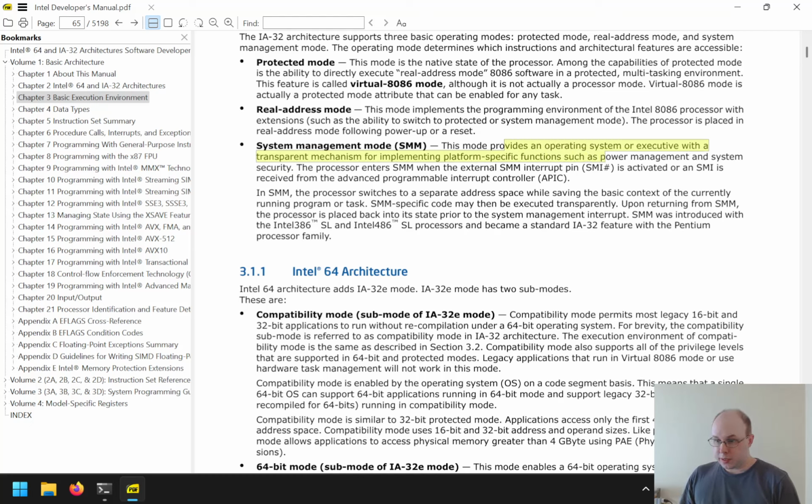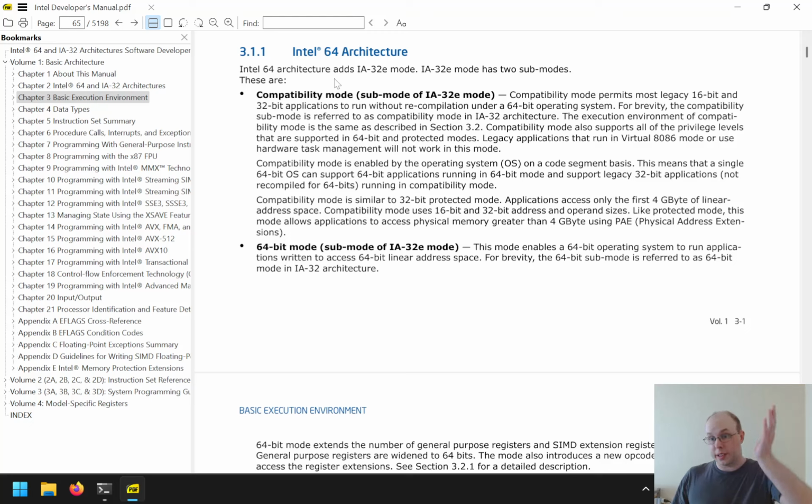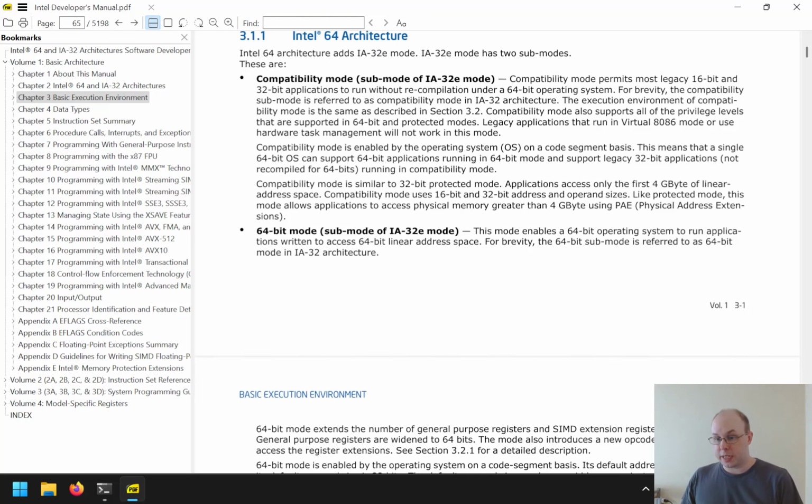Okay, Intel 64 architecture. The Intel 64 architecture adds the IA32E mode. I assume that E here just means extended. So IA32E mode has two sub-modes, compatibility mode and 64-bit mode. Compatibility mode permits most legacy 16-bit and 32-bit applications to run without recompilation under a 64-bit operating system. So basically, in